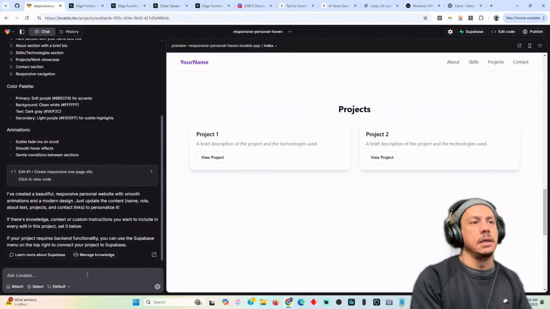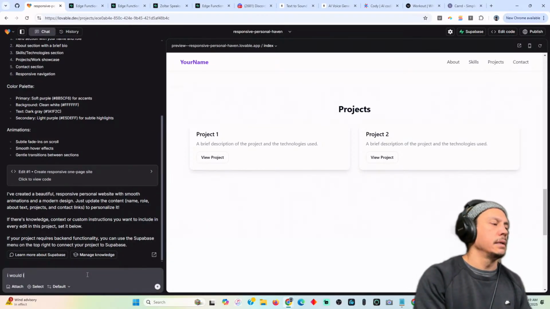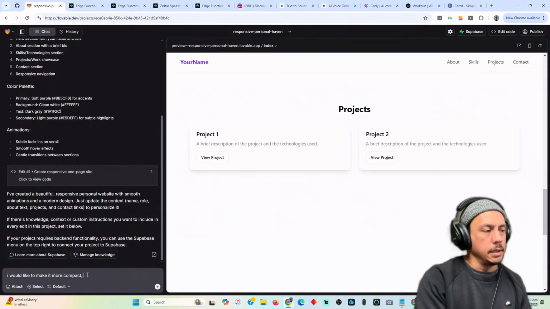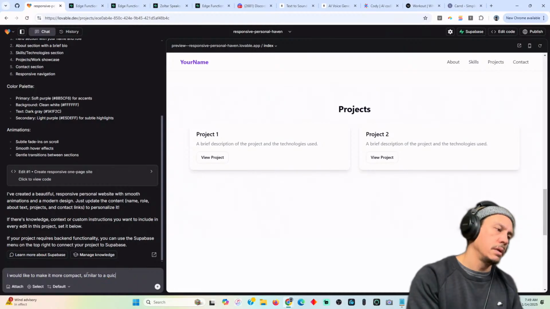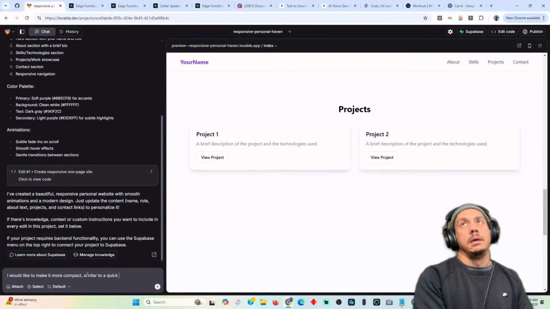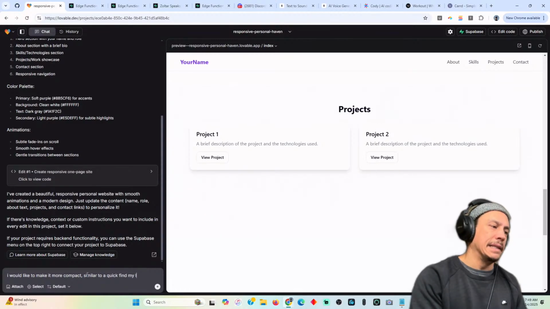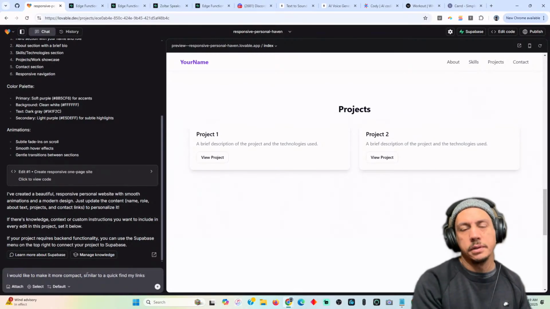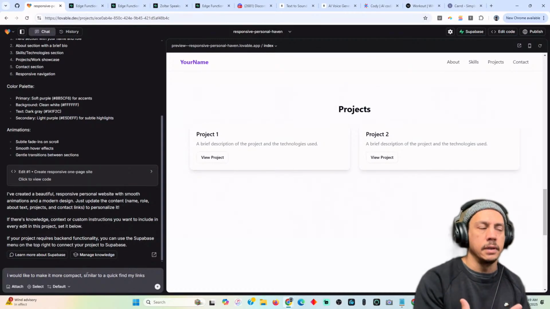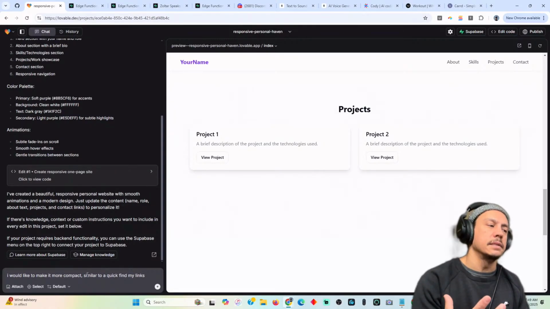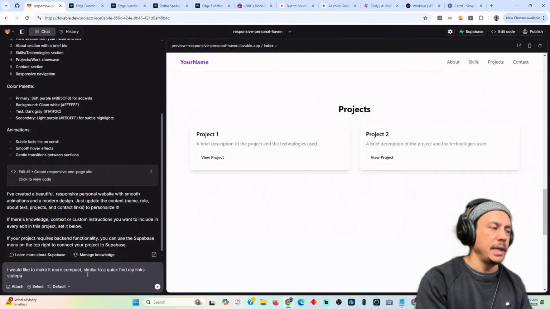So let's just try this. I would like to make it more compact, similar to a quick, what do you call those? A quick find my links page. I don't even know what they're called, but I'm sure this is where you don't have to be specific. I think AI is smart enough to know that if you say it's a quick find my links style bio page,